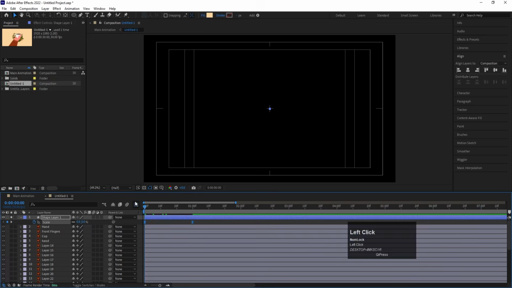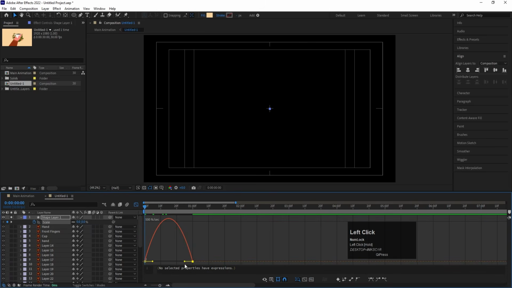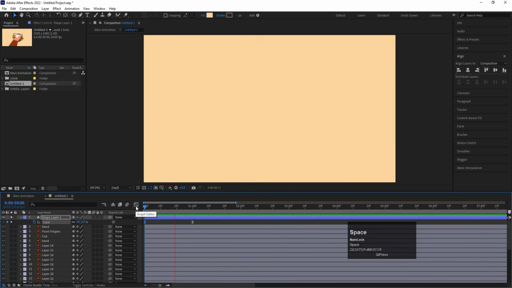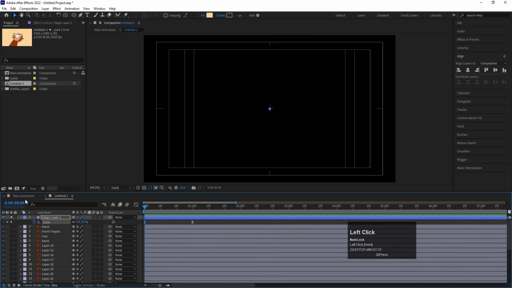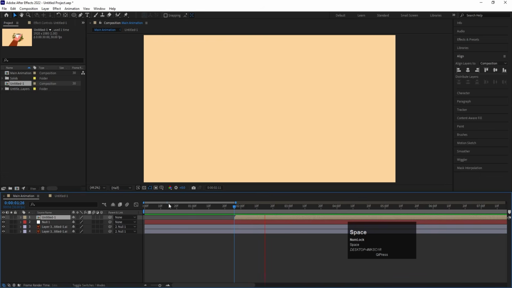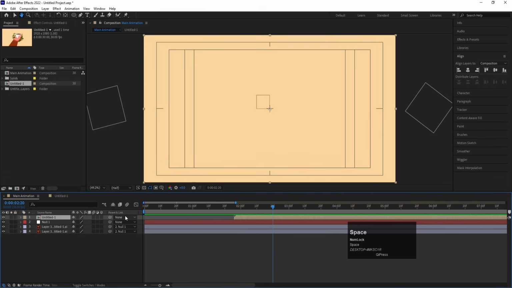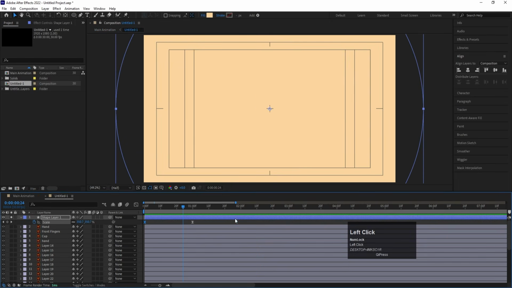Then go to the graph editor. Select this graph by holding Shift. Move this handle over here. Move this handle over here. So you will get this spark as over here. So if we check it out at this point, first we got this animation and then we got this animation. Then go inside this and let's disable this layer and try to bring this at the bottom